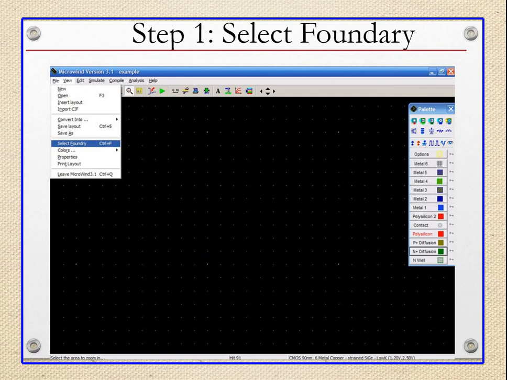So step 1 is select the foundry. Go into the file menu, and in that file menu we have different options like new, open, insert layout, convert into, save layout, save as, and then select foundry. So we have to select this select foundry option,